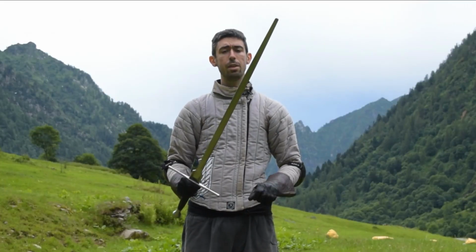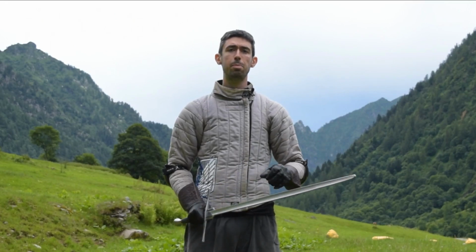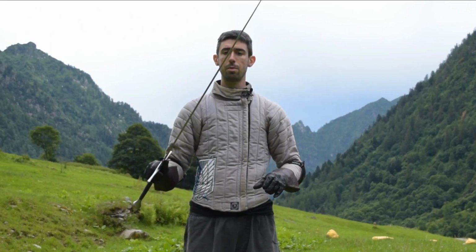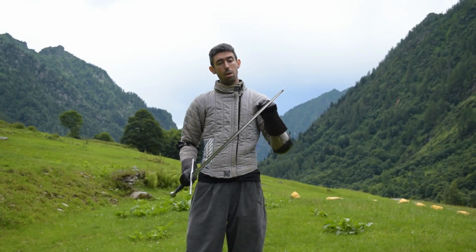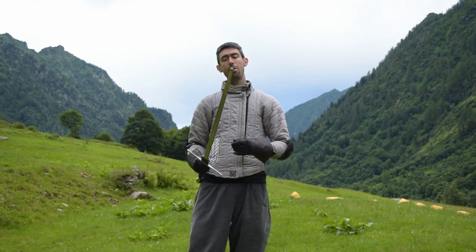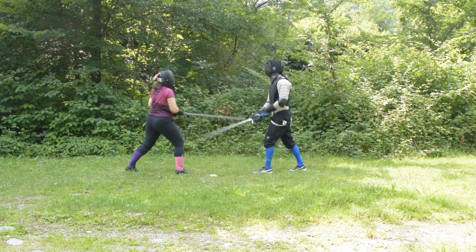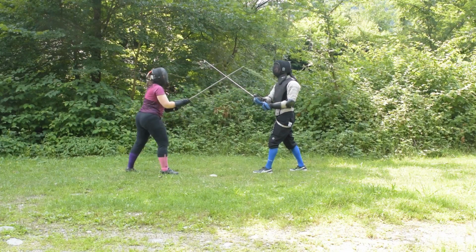So, as I said, for sparring, this blade is safe, is perfect. I think it is also extremely good for tournaments. You should not have any problem in terms of flexion of the blade, at least in my understanding and in my experience. You also have to know that if you are practicing personal lessons, if you are an instructor who gives personal lessons to the students